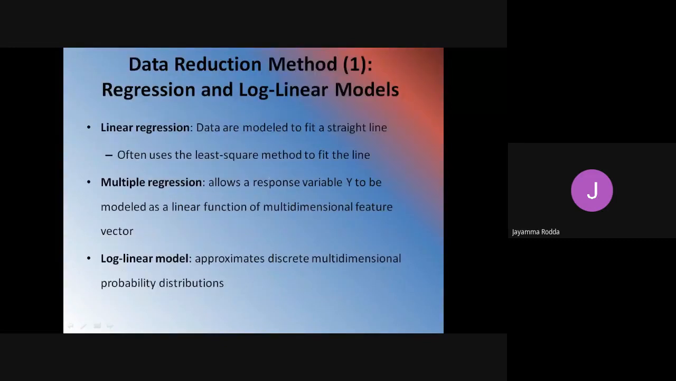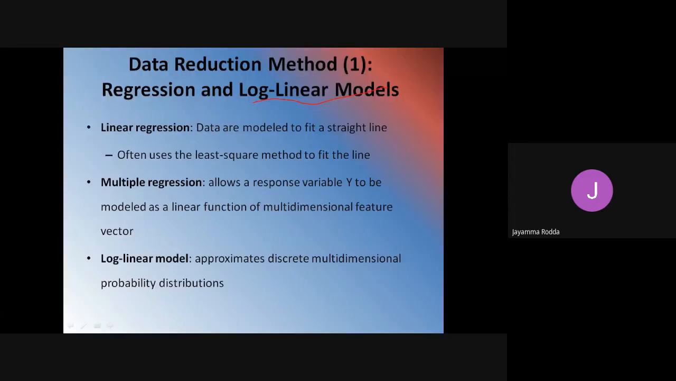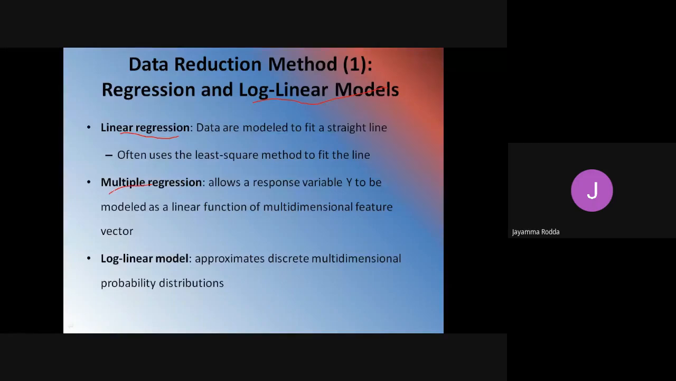So first one, parametric methods. There are 3 types of parametric methods and we call them log linear models. In that, first we should know what is regression, linear regression, multiple linear regression, and log linear regression. So linear regression means